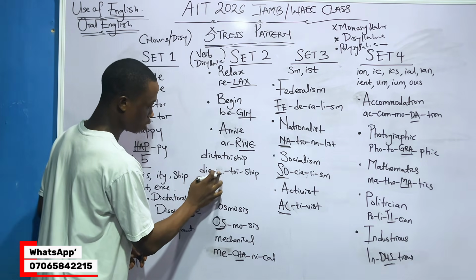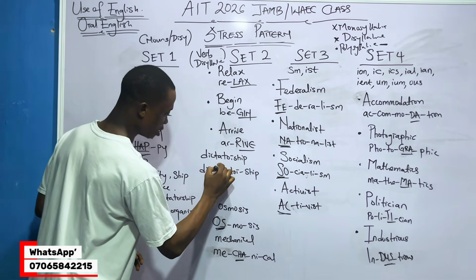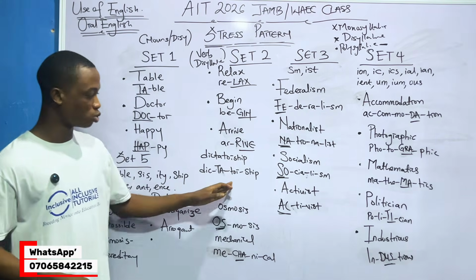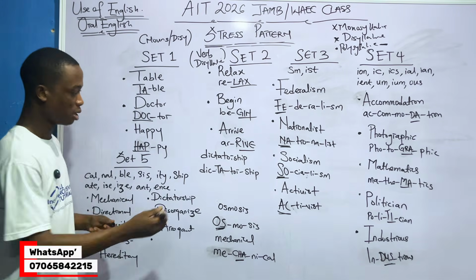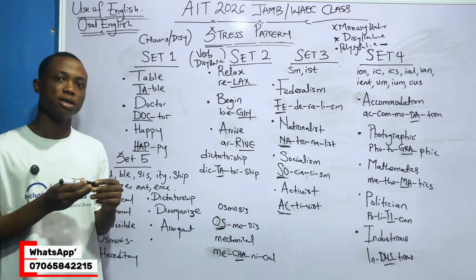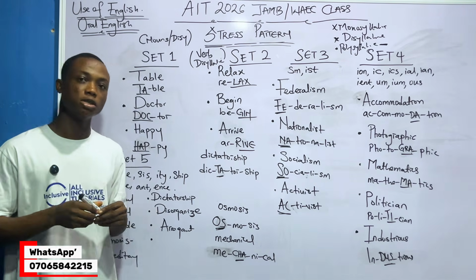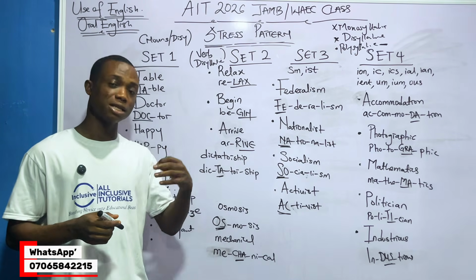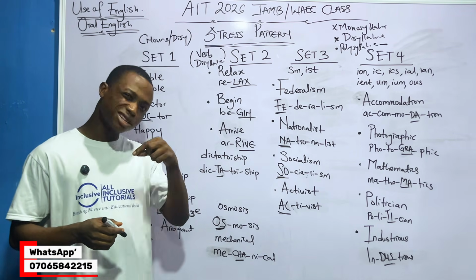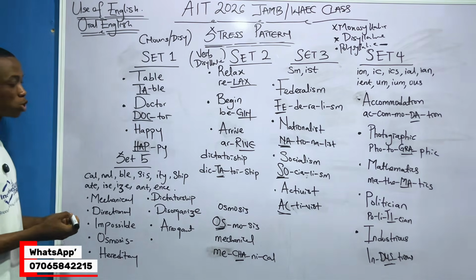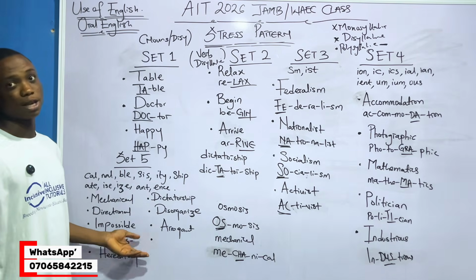So please write all these things down and practice every day. So you can see that 1, 2, 3, the stress is at this part. And if you have to pronounce the word, you will feel it. Dictatorship is the dictate. Even if you say it softly, you will still get it. Dictatorship. You must see that stress in it. You understand? So please, take note of this. Very, very important. So we are done with stress pattern.